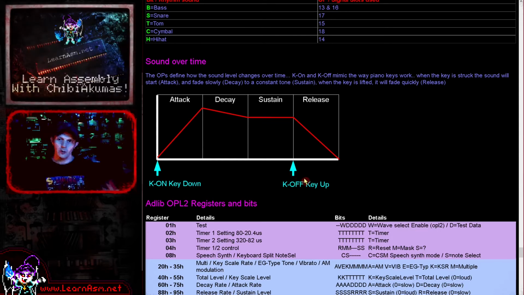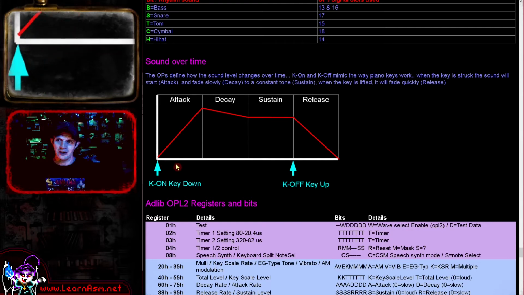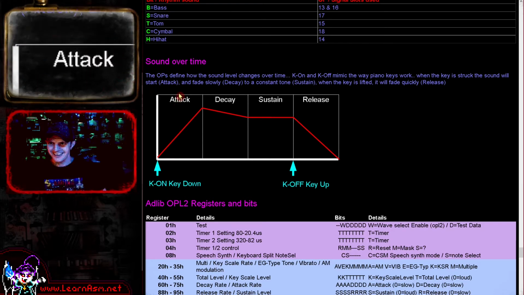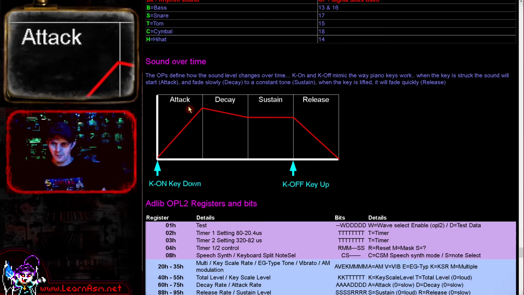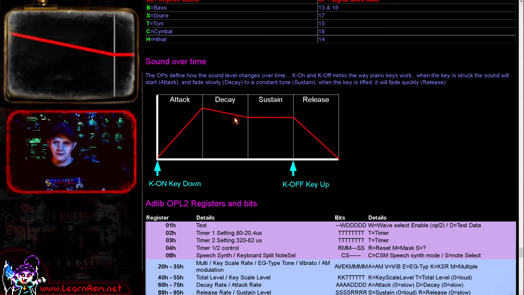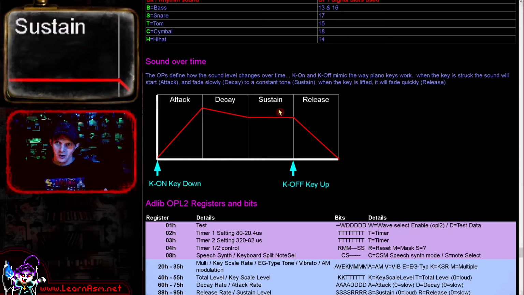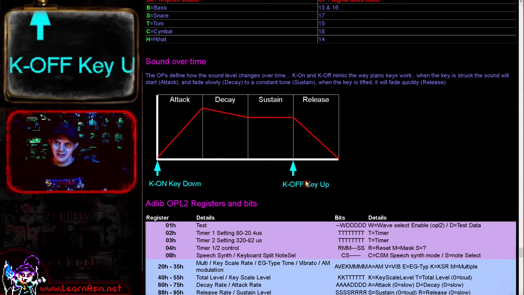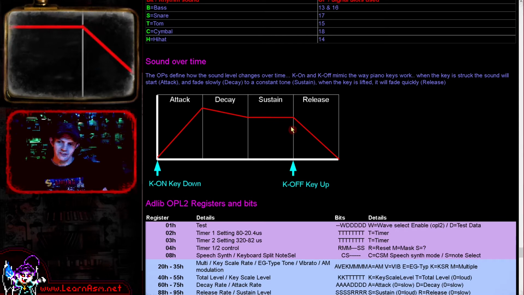And then there are 4 stages in this system of how the sound volume is affected over that time. As soon as the key is pressed, the sound will become very loud very quickly, and that is known as the attack stage. That will then reach a peak, and there will be a decay, and it will continue to decay quite quickly for a while, but then at some point the tone will have reached a constant level while the key is still held down, and that is known as the sustain. Then when we release the key, that's known as K-off, or key-on equals 0 in the case of this system. We write a 0 to the K-on value, and that is known as release,